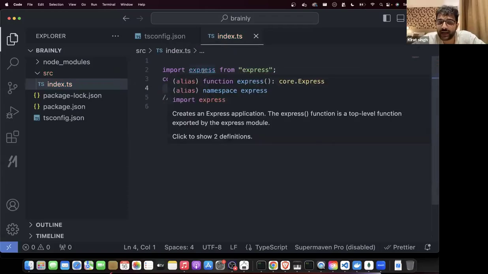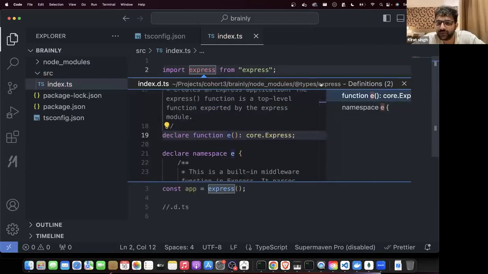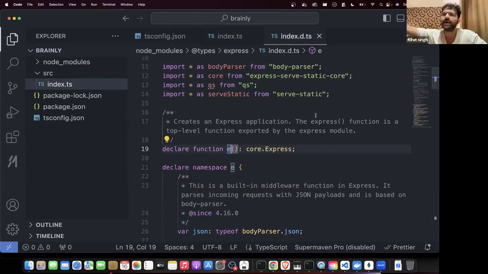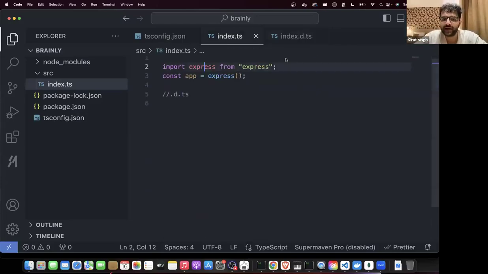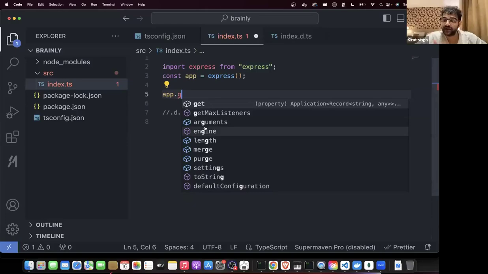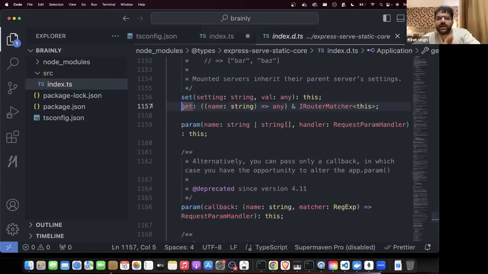Notice when I hover over it and click on it, if you look at this file, it takes me to the index.d.ts file. Here are its types. It does not take me to the JavaScript file. Whenever I hover over it, whenever I use it now, can you see IntelliSense came? I wrote app.g and so many things came up. Why? Because now I have the types. Now my LSP, language server protocol, now my IDE can understand that the types are present here. Get is a type. If I hover over it and go over there, it will show me the type in index.d.ts.